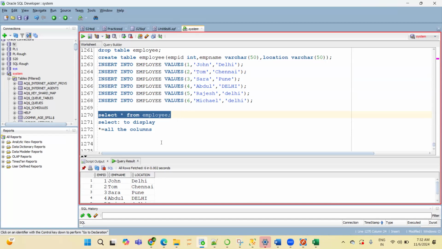Now we have to search for Delhi. Suppose the client told us to filter, show me only those records which are from Delhi. So it means we have to apply a filter. Now, which keyword is used to apply a filter in SQL? Where. Whenever you have to apply a filter in SQL, you have to write where. On which column do you have to apply the filter? Location. So if I write location equals, let's say, Delhi,